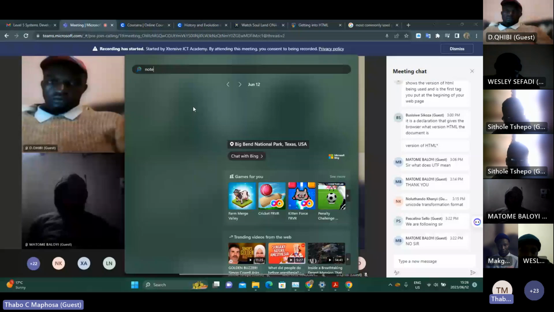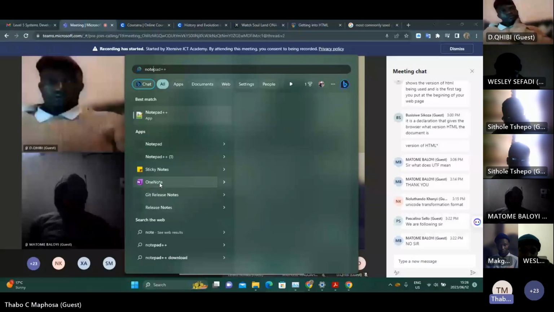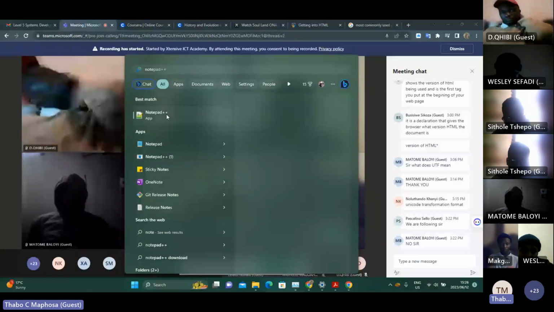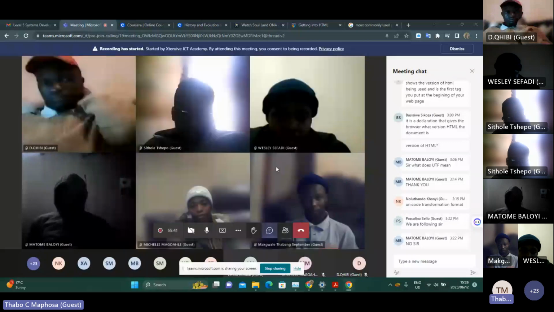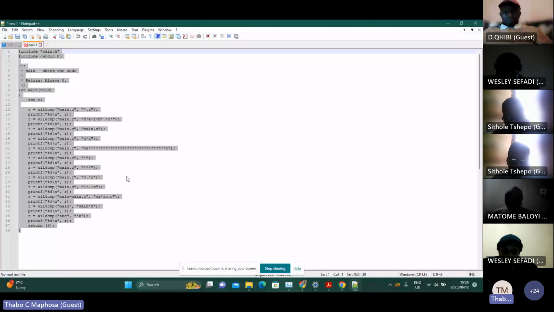Did we download Notepad++ on our computer? No, don't worry. I'm just using this for demonstration purposes. If you want to practice using Notepad++, yes, feel free to practice using Notepad++ for now. But I wouldn't recommend for you guys to do that. Okay, let me delete this.